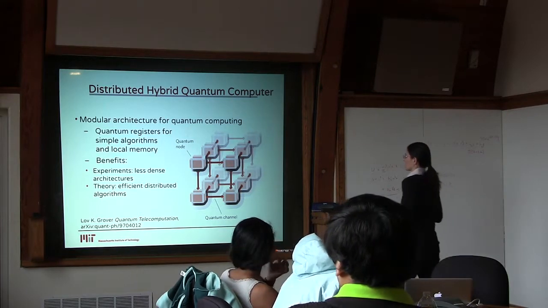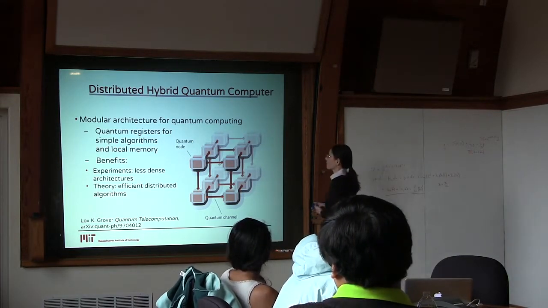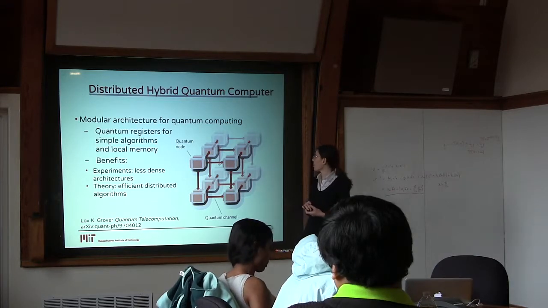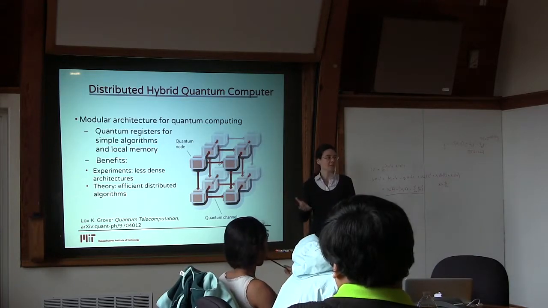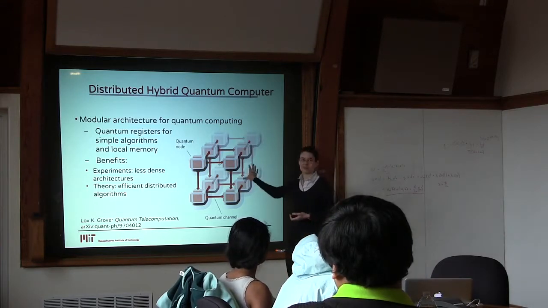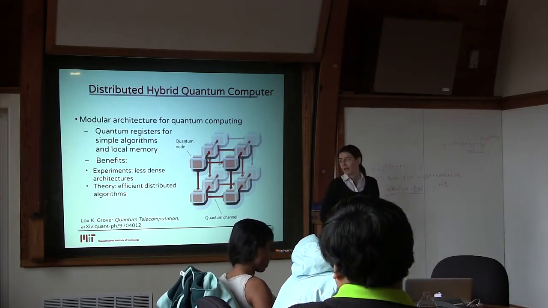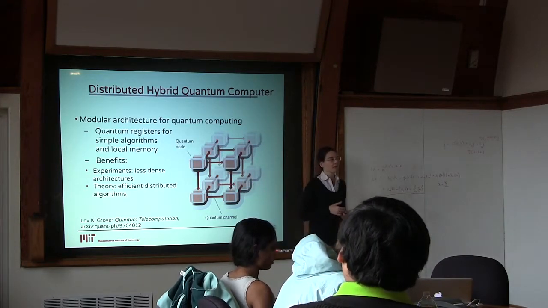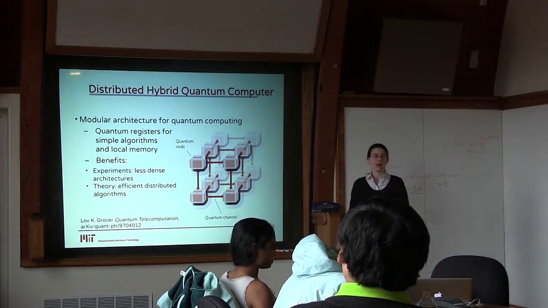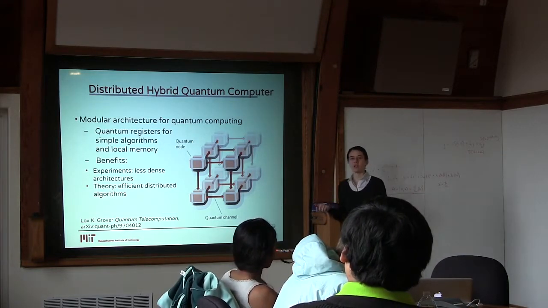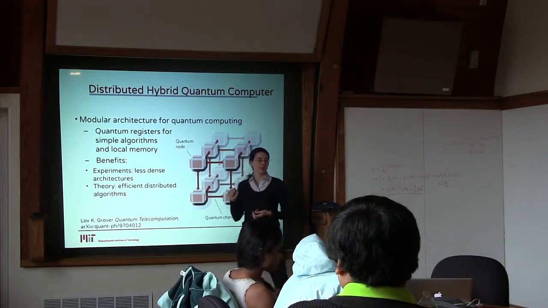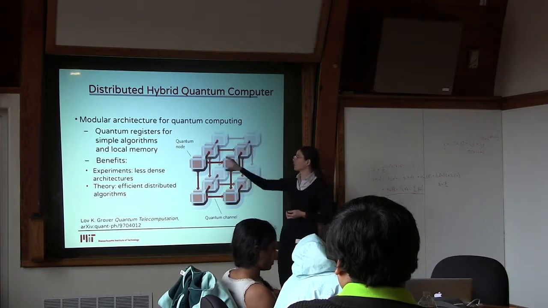And the idea is quite simple. I think that one of the most famous papers about this idea of doing computation in a distributed way is the paper by Kimble, which is called the Quantum Internet, just because it's a very cool name. And this is a picture taken from this article. The idea is to have some quantum nodes where you might have a few qubits that can run some local quantum algorithm, for example, entanglement amplification or quantum error correction, and you can use them as some local memory. But then, of course, if you want to scale up your system, you would like also to connect them